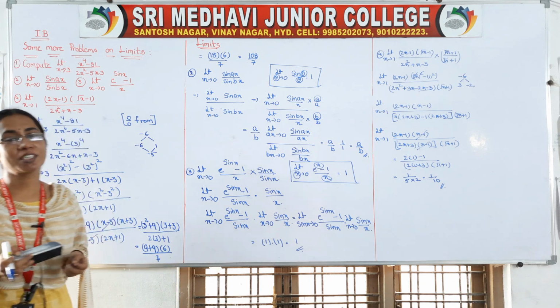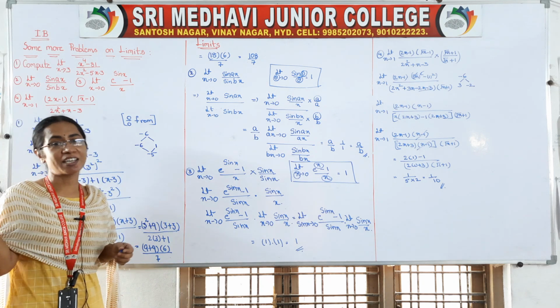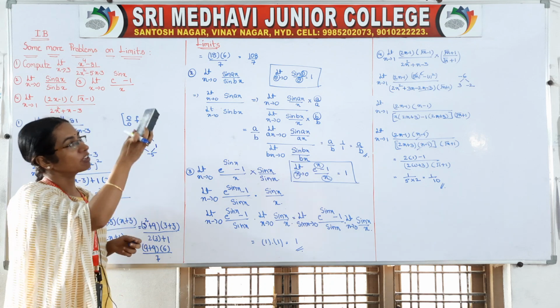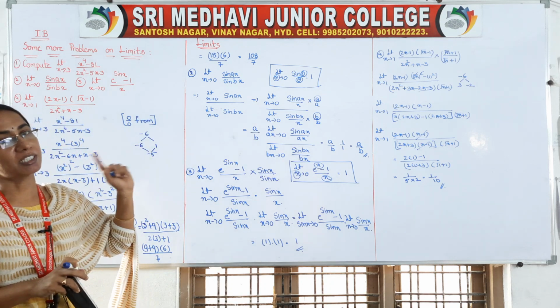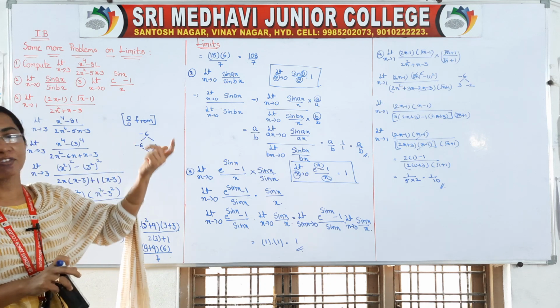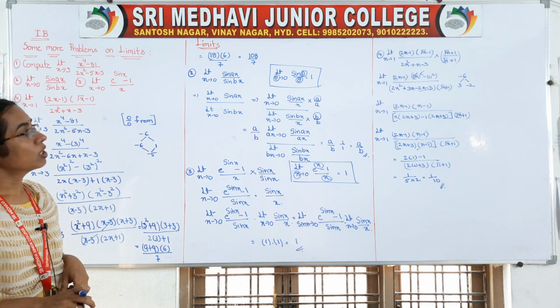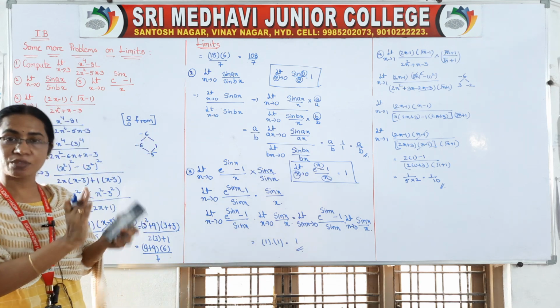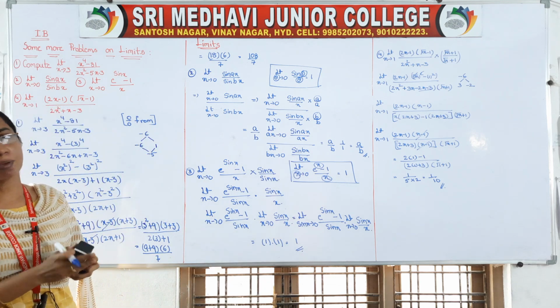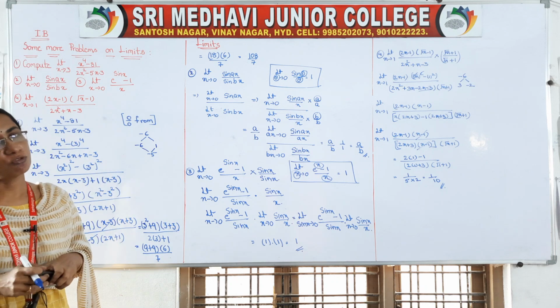Next come to the second one. Second problem is whenever sin is there in the limits, definitely it will come into that formula form, limit theta tends to 0 sin theta by theta, right? We can equate that value as 1. So here compulsory condition, those three values must be same. Like that we have to arrange the problem, then we have to apply the formula.